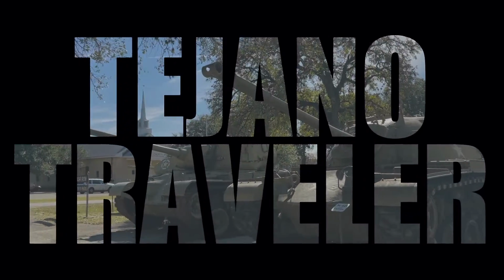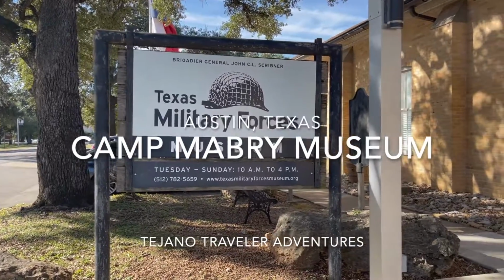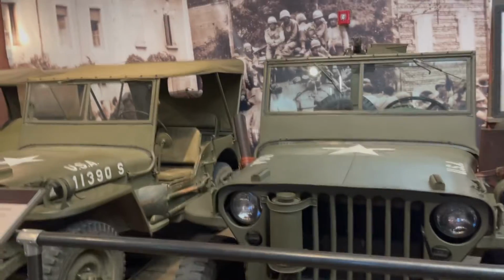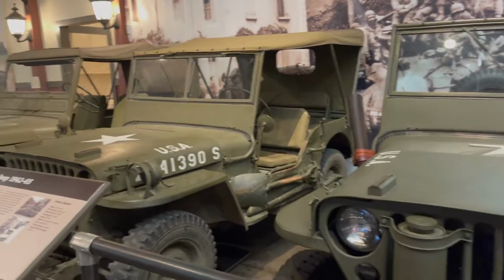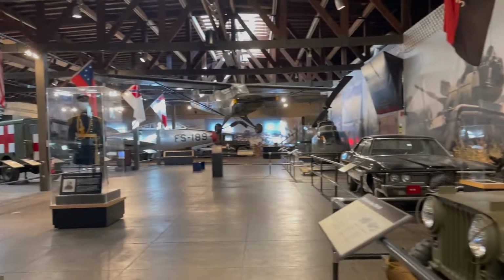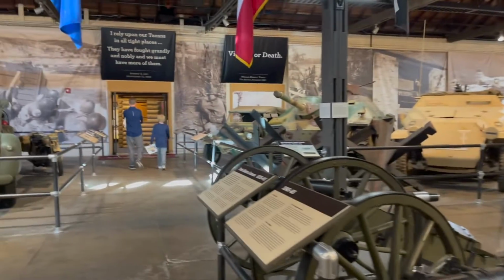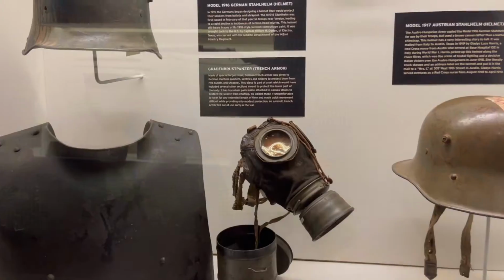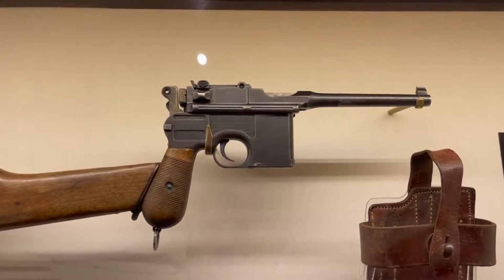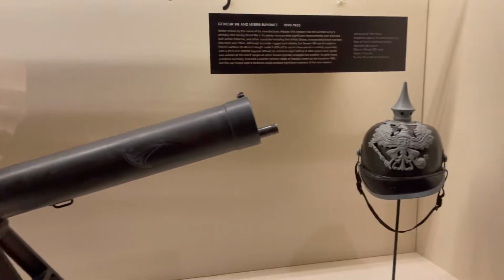Today we are in Austin and we're taking a look at the Texas Military Forces Museum at Camp Mabry, which I just like to call the Camp Mabry Museum. Here at this museum, it's pretty well stocked with military artifacts, lots of jeeps and artillery and cannons, plus a lot of history. There's a World War I and World War II section where you get to see some of the weapons, like this awesome big tanky looking thing,